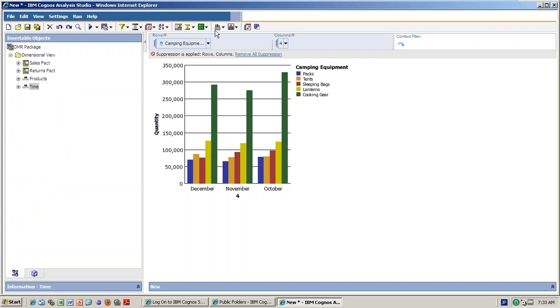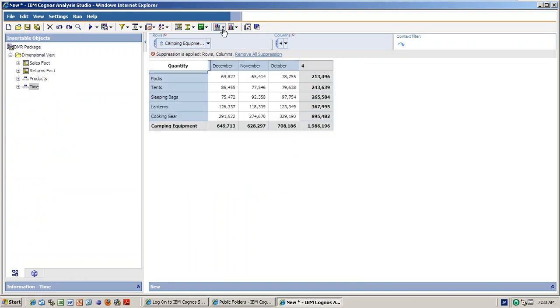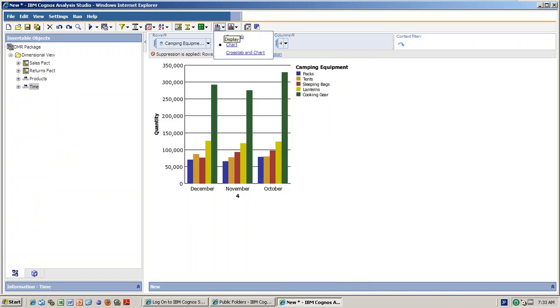Say, for example, the user is expecting to see both things, the crosstab and the chart in parallel. If you select only the crosstab, they will get just the crosstab for this level. Or they may want to see only the chart. But if they want to see all of it, the crosstab and the chart, then you use these options.